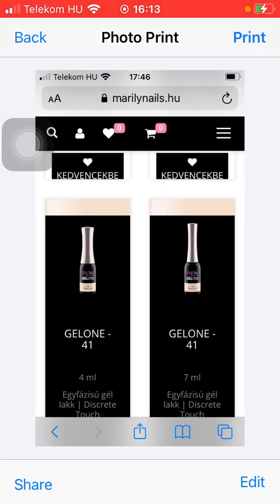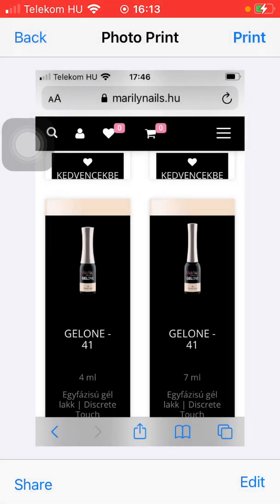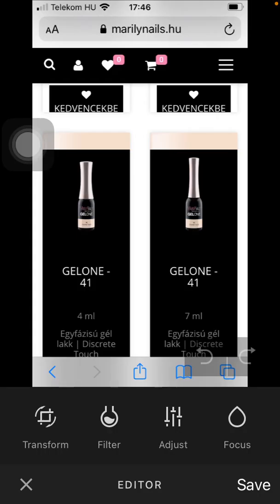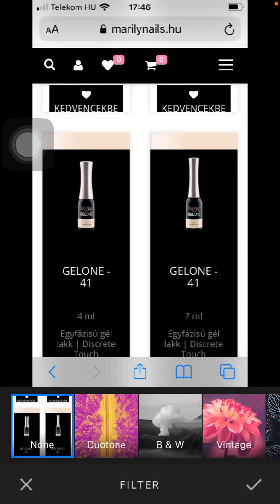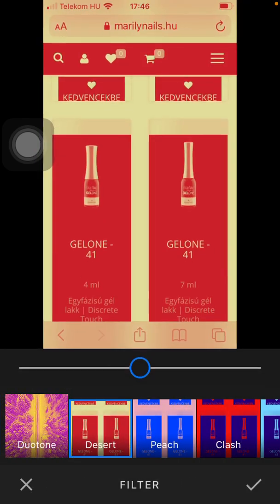Now click on the Edit button down below in the right side corner of the screen. Click on Photo Editor. Tap on the second option down below, Filter. And if you slide to the right side of the screen, you can see that you have a bunch of